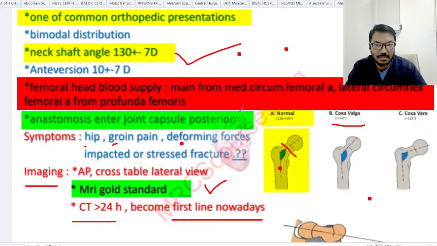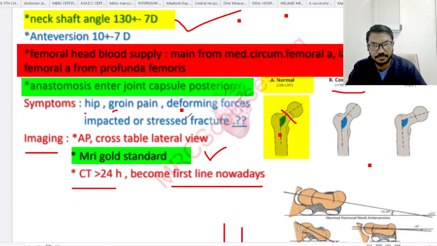Femoral head blood supply is mainly from the medial circumflex femoral artery and lateral circumflex femoral artery from profunda femoris. You remember those things, right? The femoral head gets blood supply from this medial and lateral circumflex femoral artery. Yes, and they come from the profunda femoris. Profunda femoris comes from,